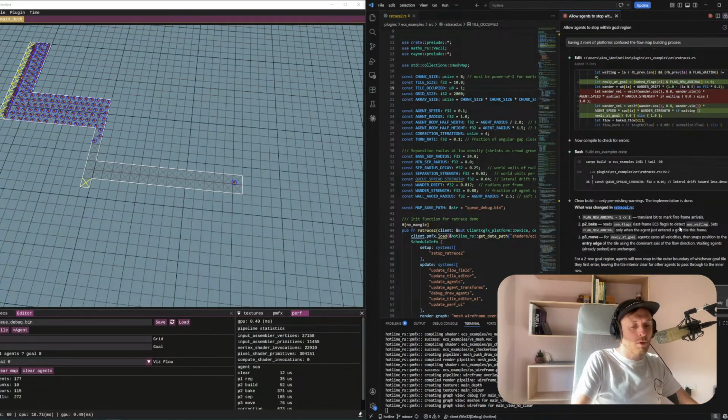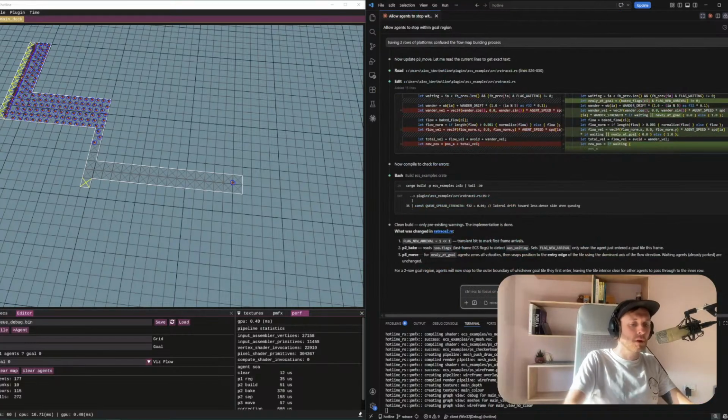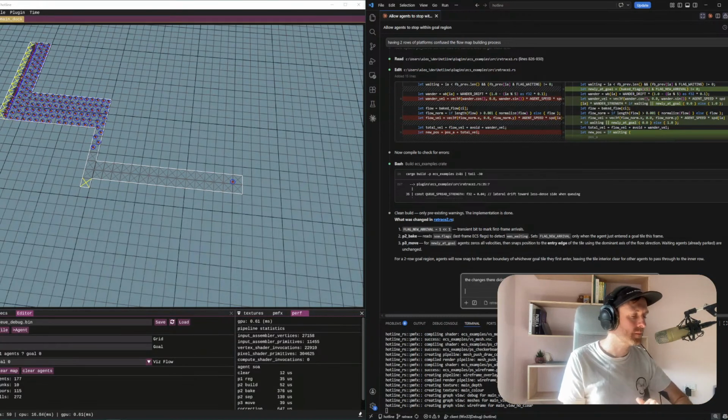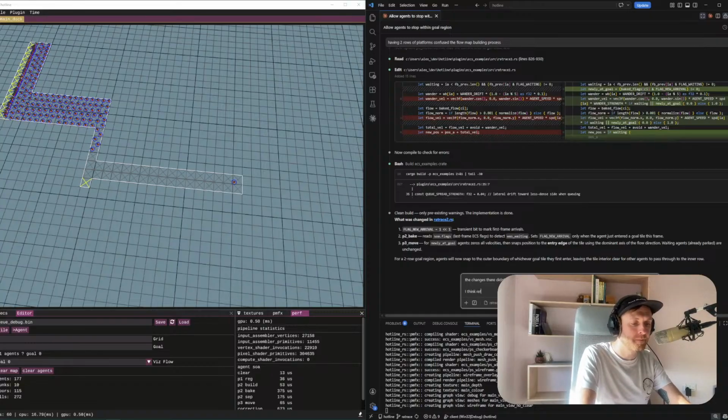Let's try and put Claude to some work then. Okay. Right, so I'm just going to explain. So the changes there didn't really help. Okay. I think reframing. Single line goal is okay. In fact, the current behavior